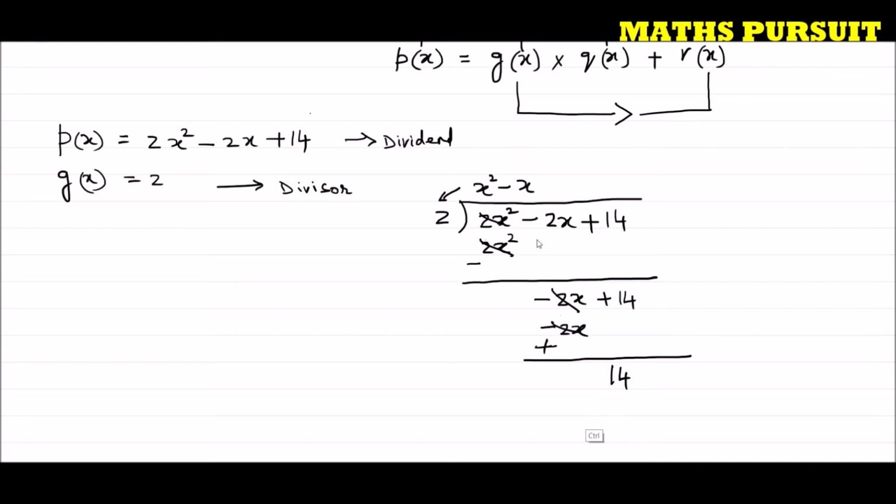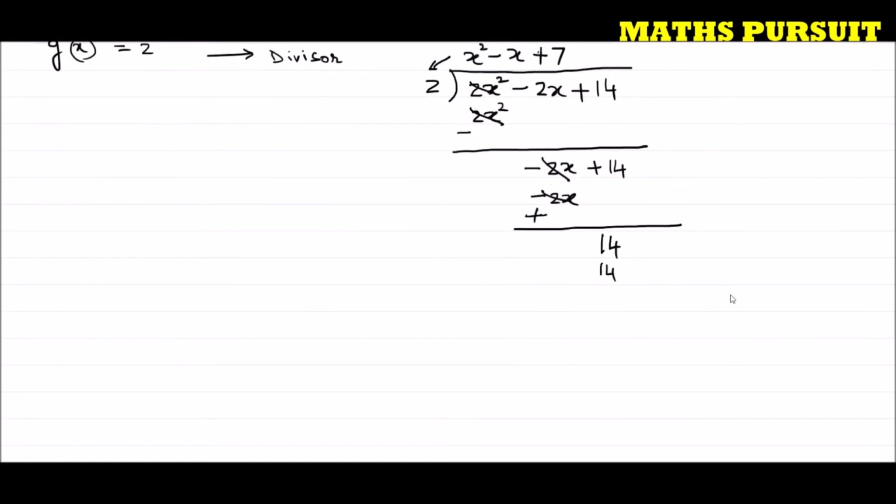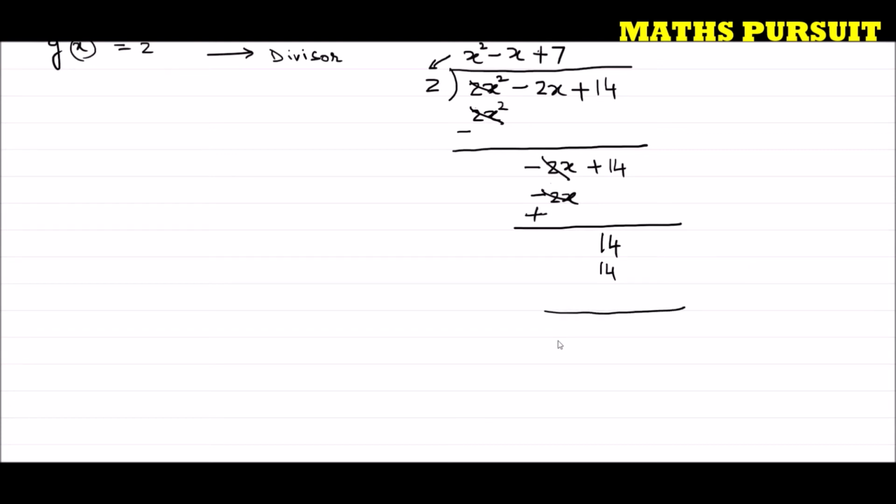And again the answer is very simple and very straightforward. If I multiply plus 7 with 2, I'm going to get 14. Hope guys till here we are very clear. So if I multiply 7 with 2, we are going to get 14, and again as usual we are going to change the symbol, and this 14 and this 14 cancel out.